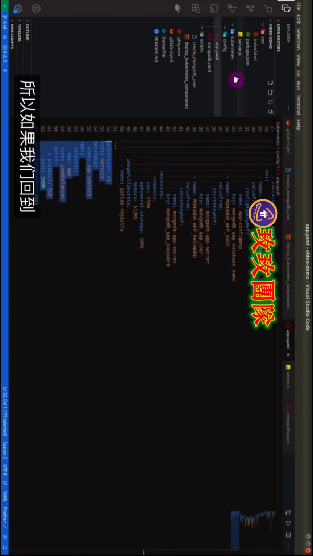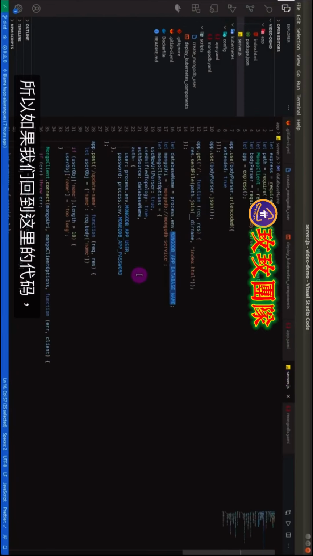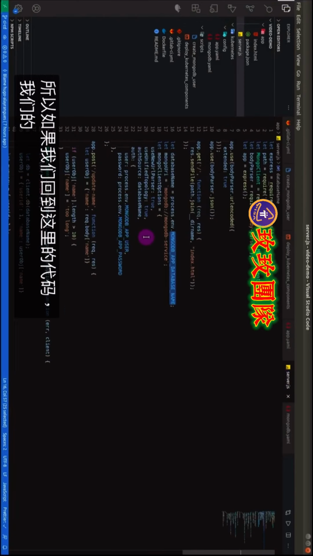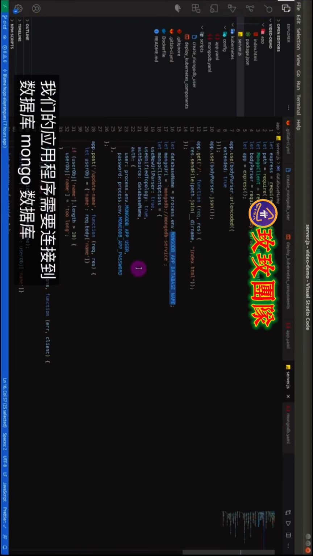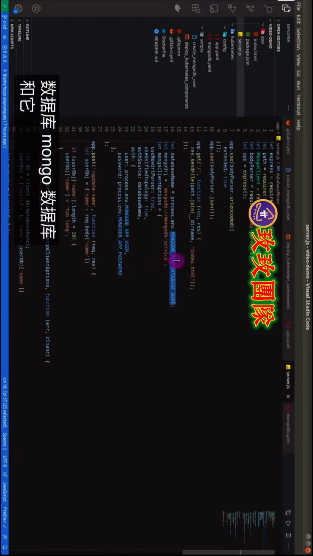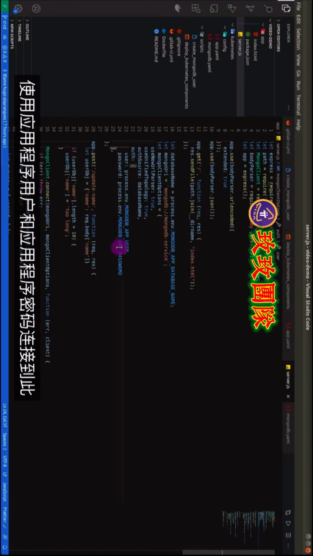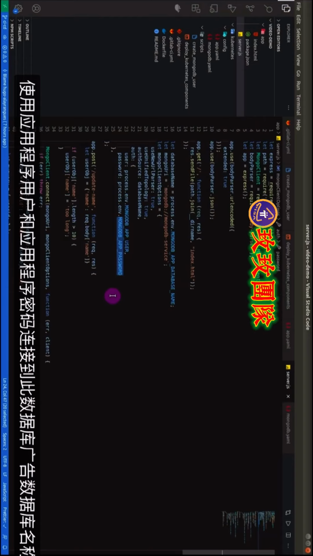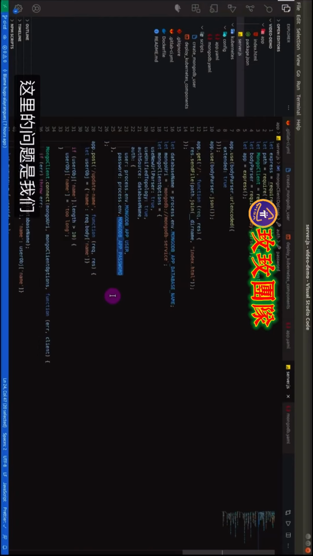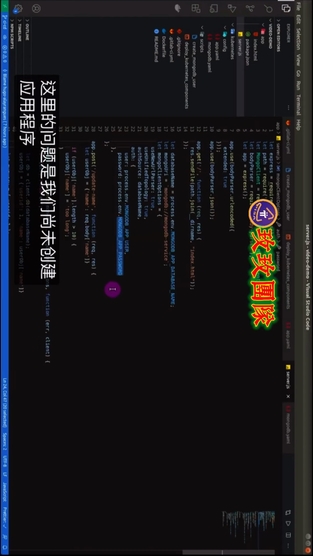So if we come back to the code here, our application needs to connect to a database, a Mongo database, and it needs to connect to this database, the app database name, with the app user and the app password. The issue here is that we did not create the app user yet, and this is why we created earlier